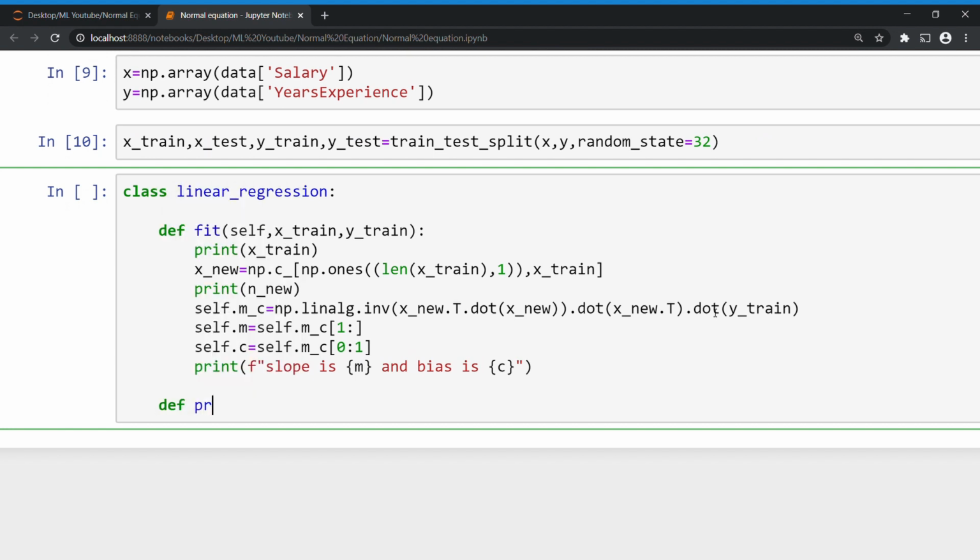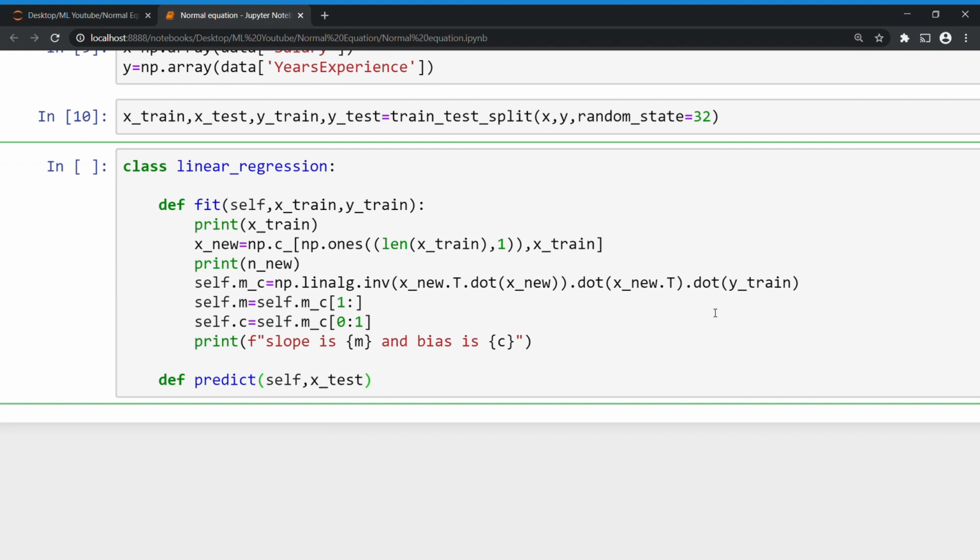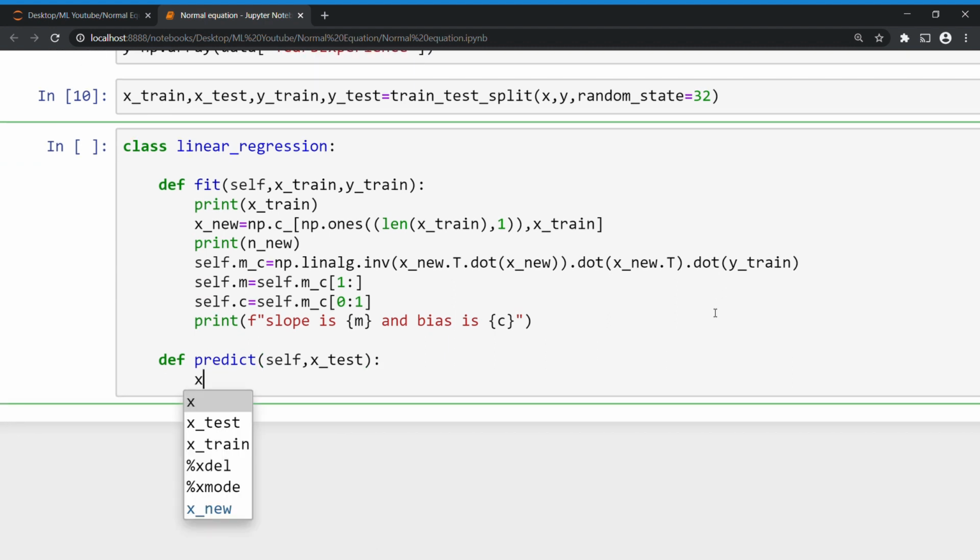Def predict self comma x test. Here we have to modify the x test also, as we did in the fit function. We concatenated the ones and the x train.